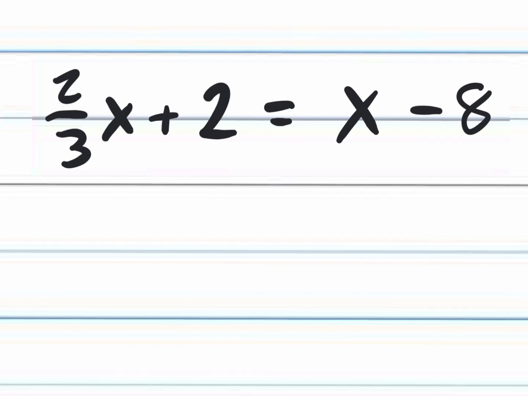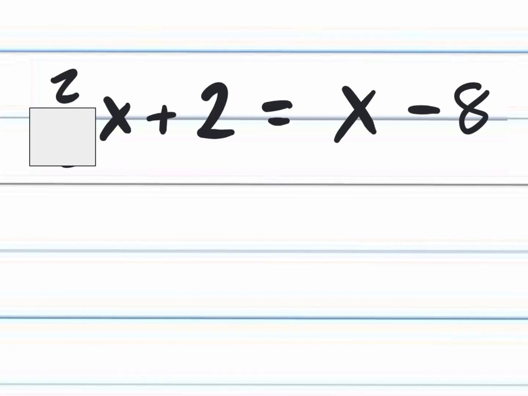So if you chose to get rid of the fraction first, there's many roads to the same place, but if you chose to get rid of the fraction first, you'd have to multiply everything by the denominator of the fraction that you want to get rid of. Once again, a fraction is a division problem, 2 divided by 3. So if you would want that divided by 3 to disappear, you'd have to get rid of it by doing the opposite. I mean, we could all agree that 2x is better than 2. So you would simply do the opposite, which is